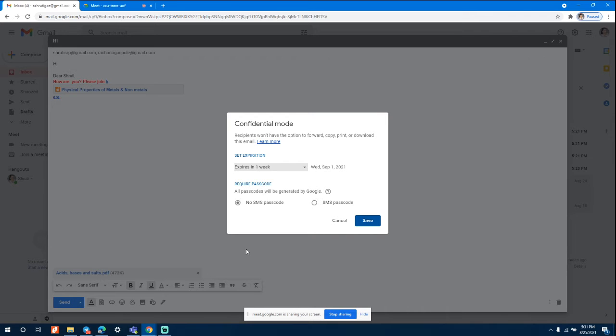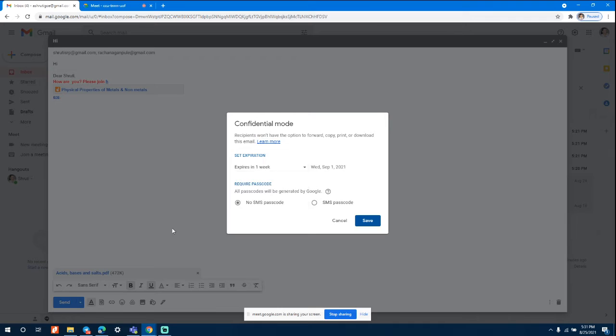If you choose SMS passcode, then it goes in a message. Let's suppose you want to share some sensitive information with anyone. In that case, you can turn your mail into confidential mode, and you can set the expiration also, whether you want it to work for 3 years, 5 years, 1 day, whichever way you want.